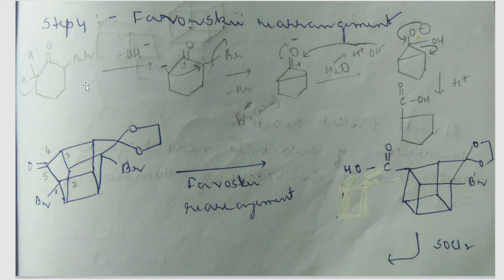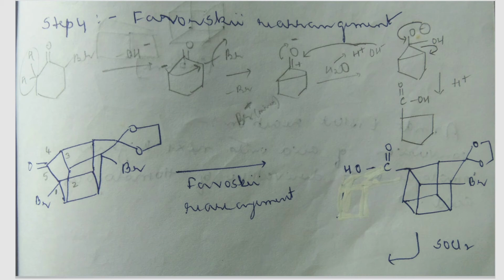Can you see what is happening? Here a 6-membered ring is finally converted into a 5-membered ring. That is what we are doing in Favorsky rearrangement. I'm taking a 6-membered ring, and here you know that there are 2 hydrogens, correct? One of the hydrogens will leave as H plus. So this carbon will get a minus charge on itself, because one of the hydrogens has gone out as H plus.